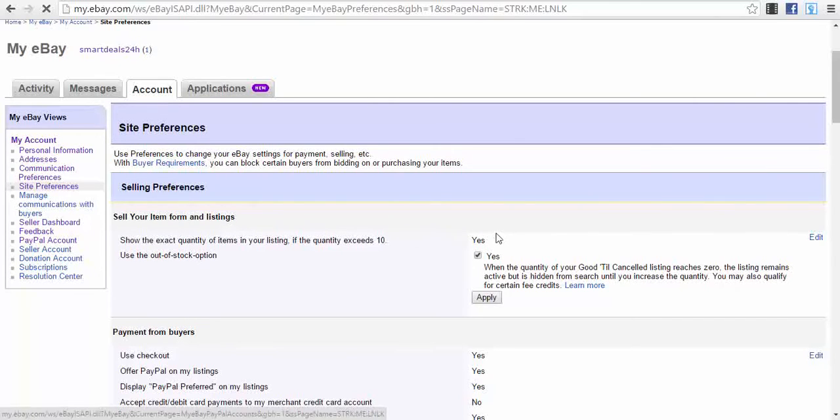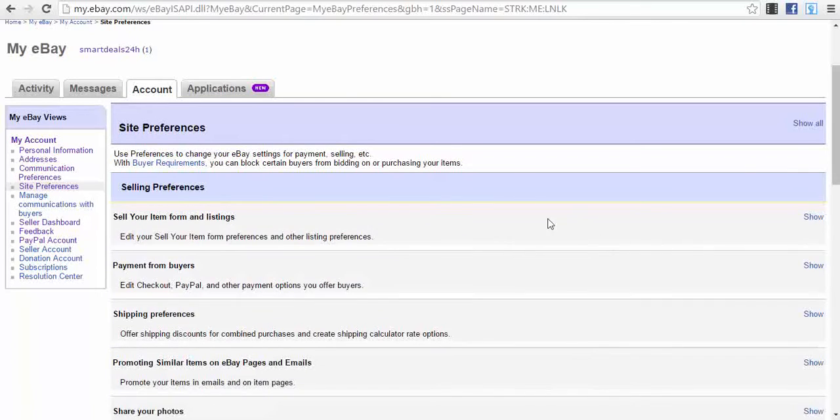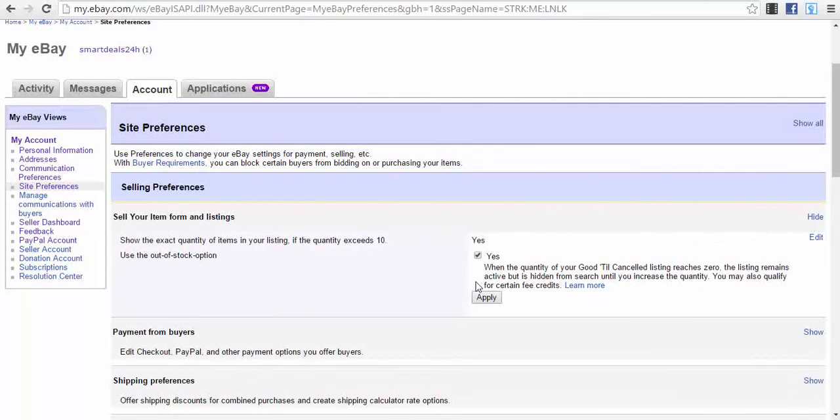Yes. Why will you set up yes here? If you have the no option, practically change it to yes. Just a second. Why do you want to show? Because most of the time, at least in the beginning, because of the limits that your seller account has, you will only have one item in stock that you sell. Again, because of this reason, you will also use the out of stock option. Why? Because if you have an item in stock and your item gets sold, you will practically need to redo your listing, to recreate your listing, and you will need to pay your eBay fees again for your listing, and you don't want to do that.